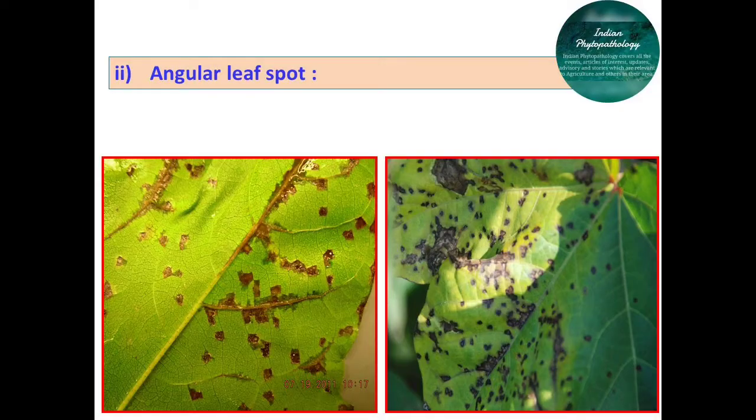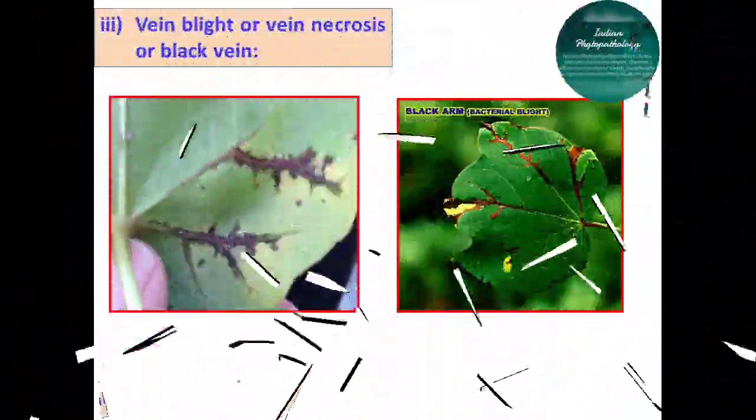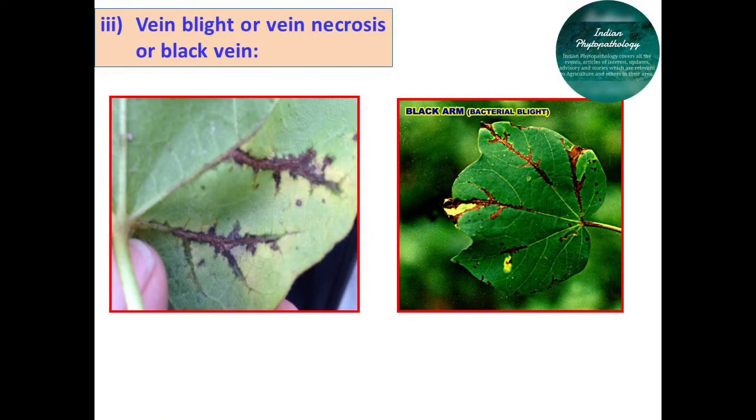Next is the vein blight or vein necrosis symptom. In vein necrosis, the infection of the veins causes blackening of the veins and veinlets, giving a typical blighted appearance. On the lower surface of leaves, bacterial ooze forms as a crust or scales. The affected leaves become crinkled and twisted inward and show withering. The infection also spreads from veins to petioles and causes blighting, leading to defoliation of all the leaves. You can see the symptoms in this image. Bacterial ooze is also formed due to this bacterial infection.